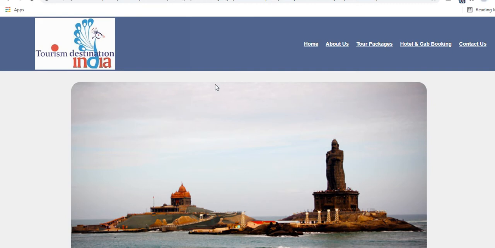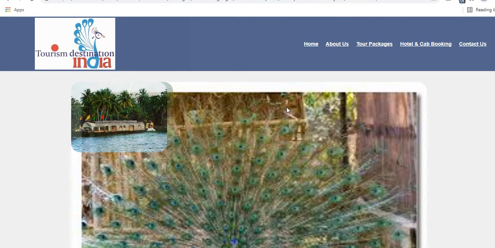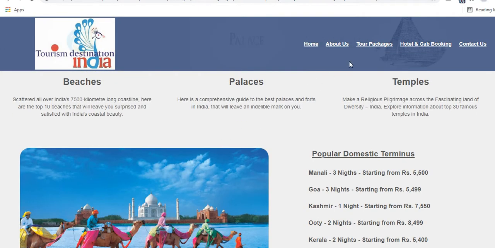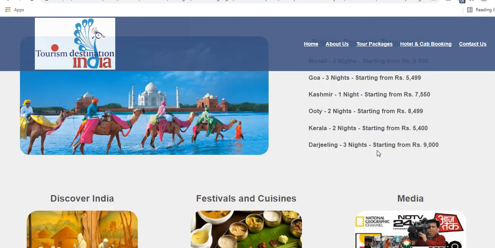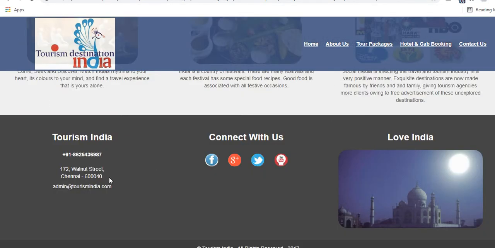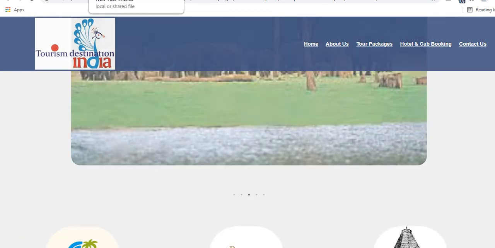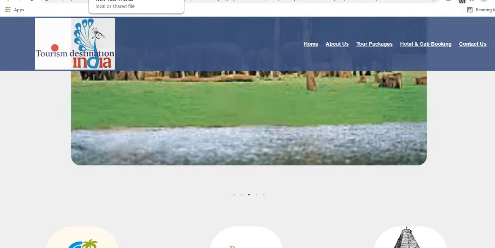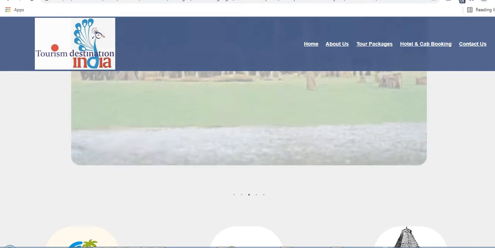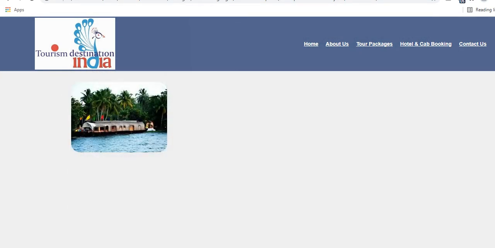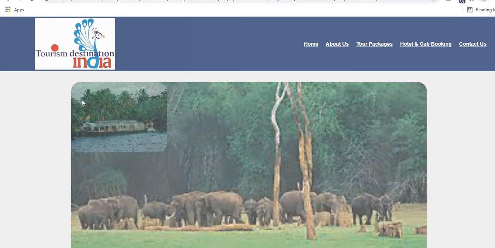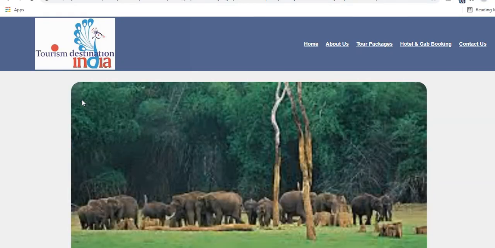So this is also a static page, but it's not taking you to the next page, but within the same page it's taking you to a different area. Because when I click on this tour package, this is shown. When I click on contact us, this is shown, right? So these are all examples of static pages. That is, it is not connected to any server or internet. So it is working locally on your machine, and on your machine these pages are displayed.